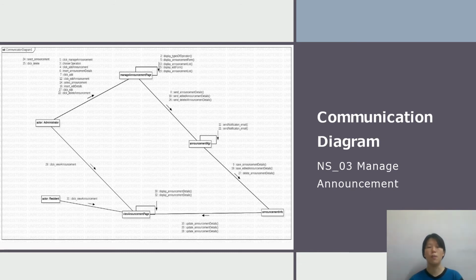Then manage announcement page will send announcement manager the message send delete announcement detail. Later, announcement manager will send announcement inform the message delete announcement detail. So that announcement inform will send view announcement page the message update announcement detail. In this communication diagram of manage announcement, admin and residents send view announcement page the message "click